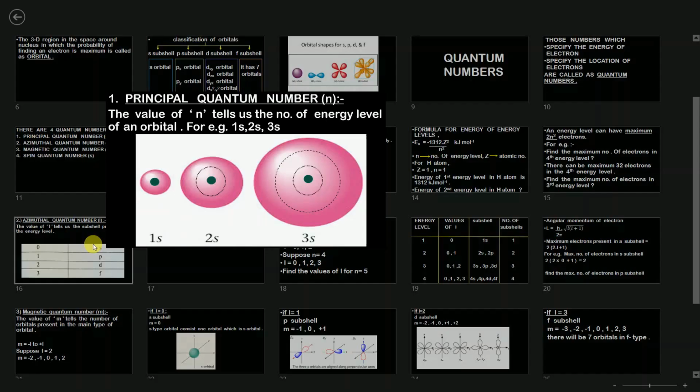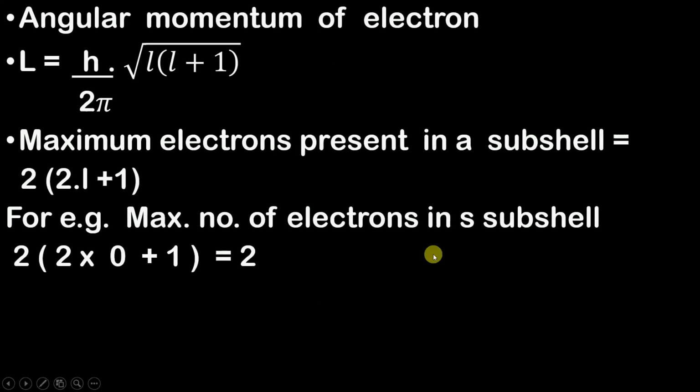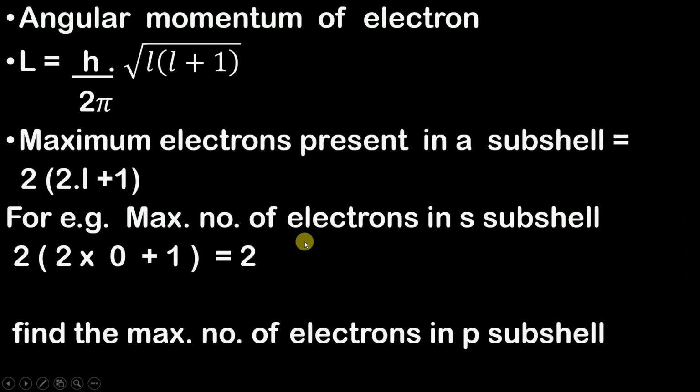Now moving ahead. Similarly, if you want to find out the maximum number of electrons in P subshell. Now, as we all know, the value of L equal to 1 corresponds to P subshell. So, simply substituting a value of L as 1, you can find out the maximum number of electrons present in P subshell. And a homework for you all, you have to find out the maximum number of electrons in F subshell and you have to comment below in the comment box.